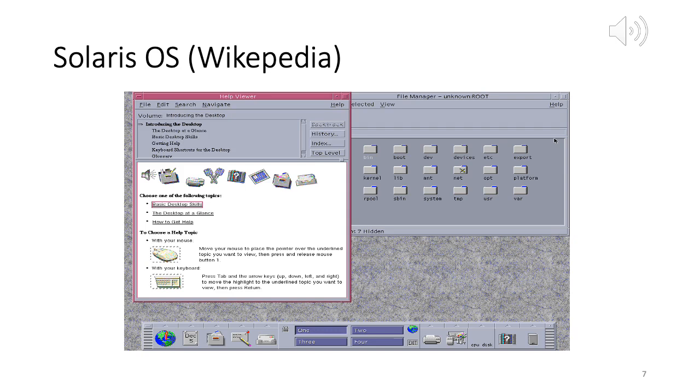So this just shows the Solaris desktop. You can see some help viewer is there. On the bottom you see a desktop. You can see CPU and disk activities, the web browser, calendar, and then some file viewer is open. So this is the user interface, the desktop of Solaris operating system, which was owned by Sun. That was the company Sun.